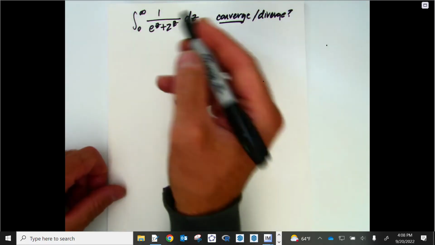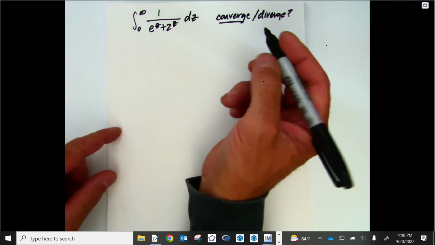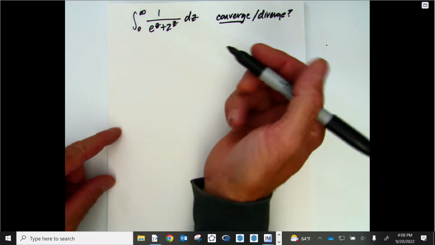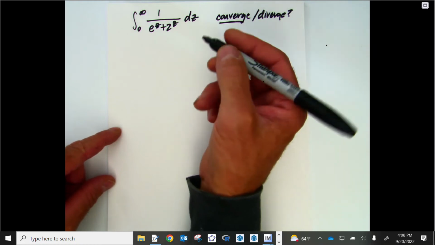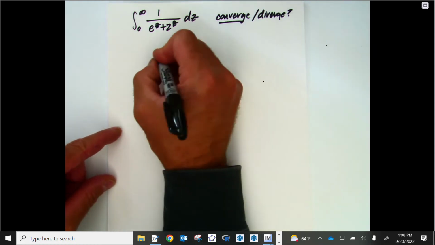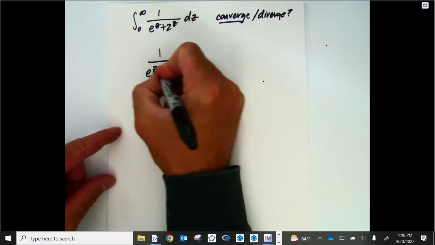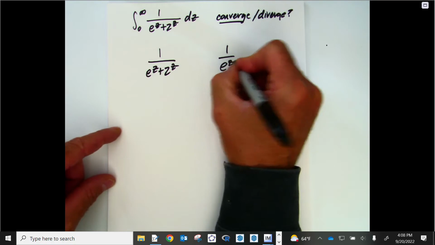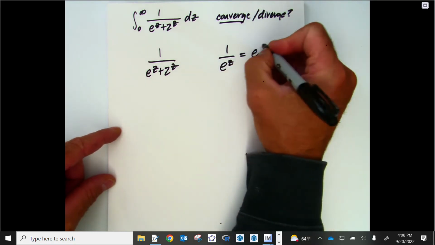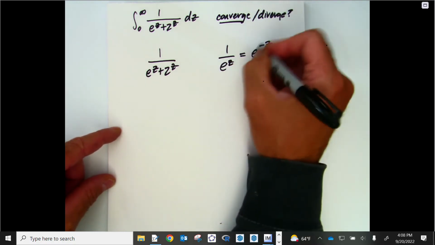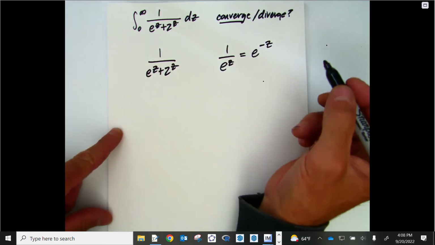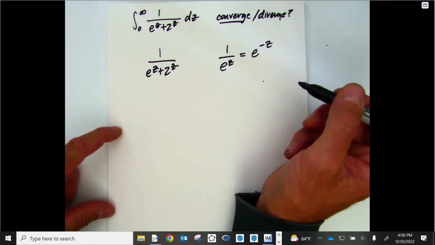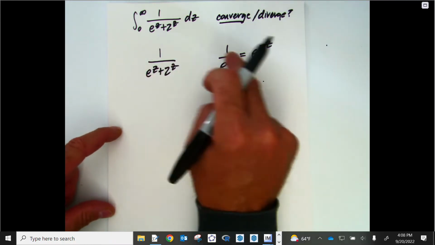So what we really need to do is relate this function to one that we know does converge, that's greater in value across these limits of integration. And the right one to do, of course, is to compare this function 1 over e to the z plus 2 to the z to this function 1 over e to the z, which is of course equal to e to the negative z, which we know converges in these limits of integration based on the information given in the previous slides. And it's pretty easy to see that this one's got to be smaller than this one